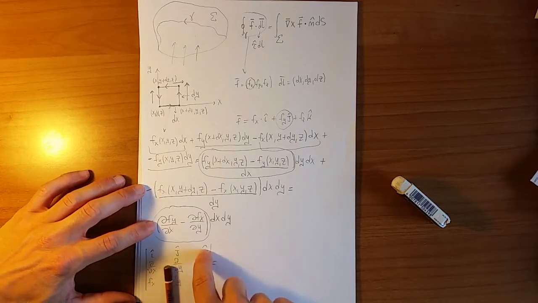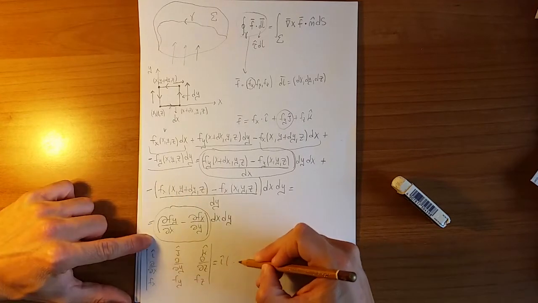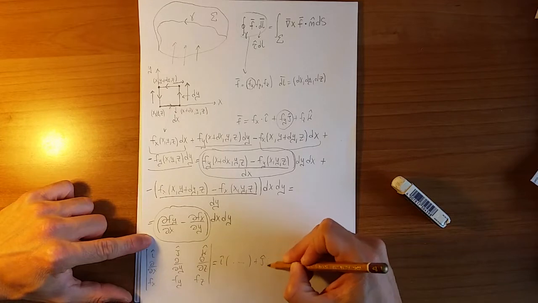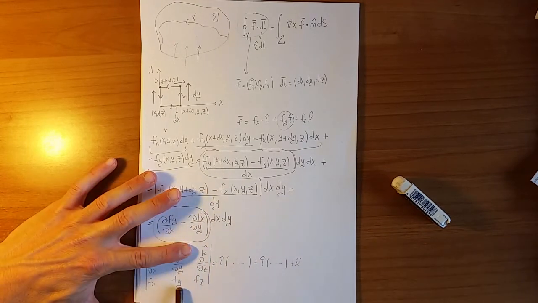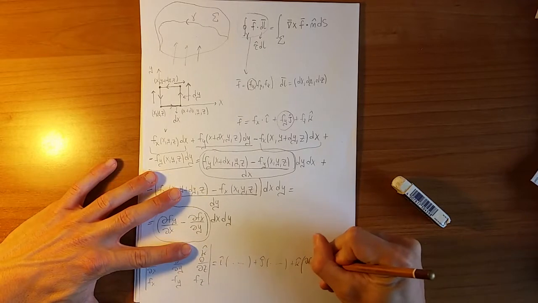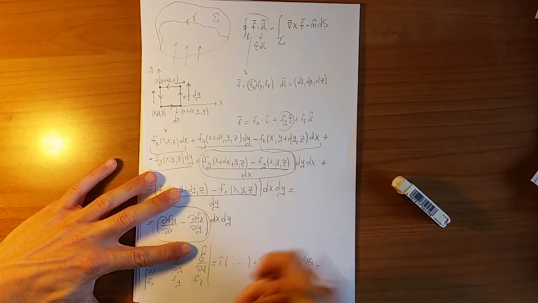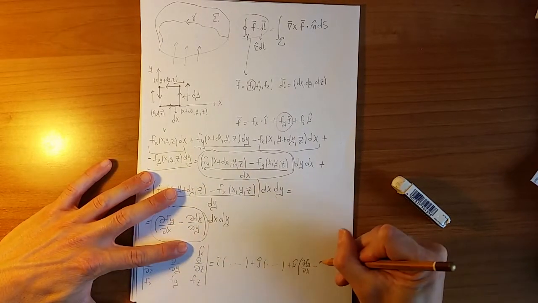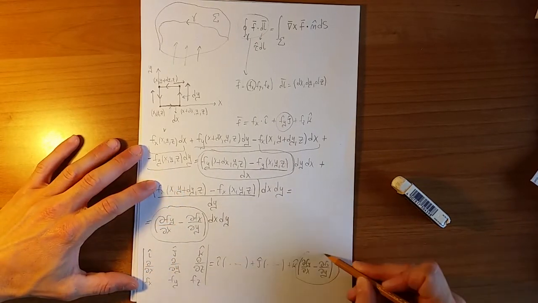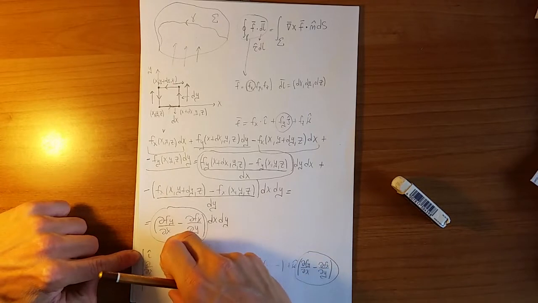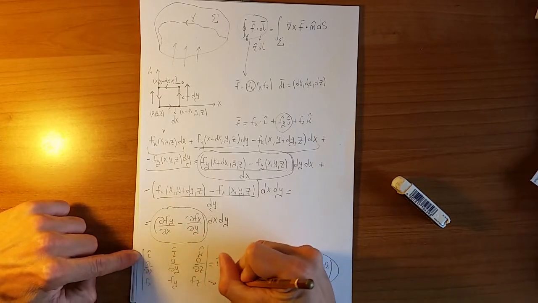I have i times something plus j times something plus k times something. The k multiplies dfy/dx minus dfx/dy. So this is the kth component of this determinant, but this determinant represents the cross product